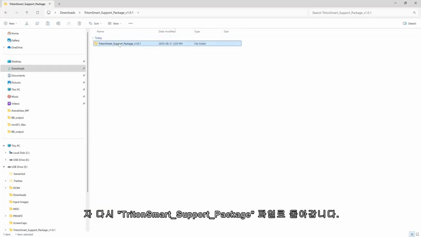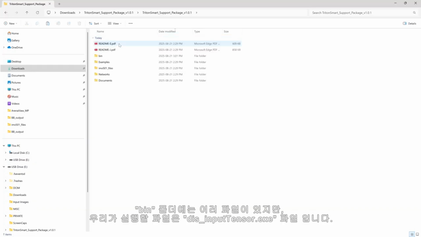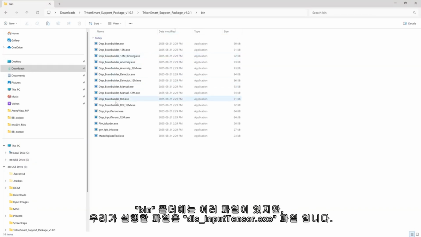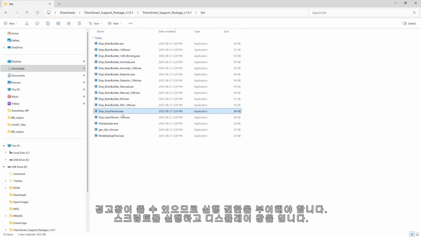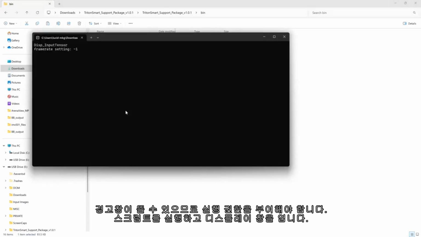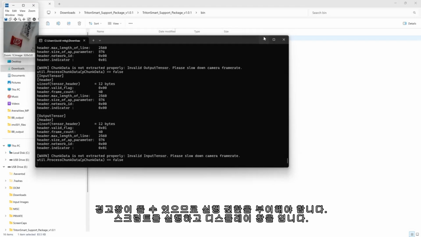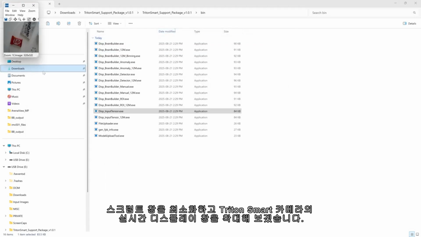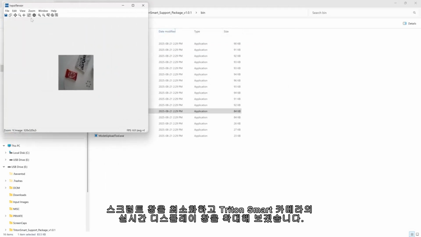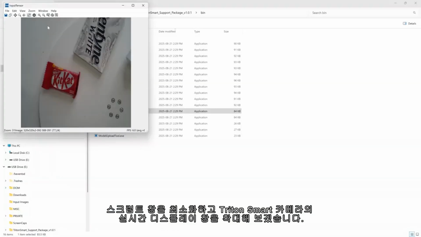Okay, go back to the support package files. In the bin folder are a bunch of files, but the file we want to run is the disp_inputtensor.exe file. A few warning windows might pop up and you'll need to give it permission to run. It will run a script and open up a display window. We can minimize the script window and let's enlarge the display window, which is a live stream from the Triton